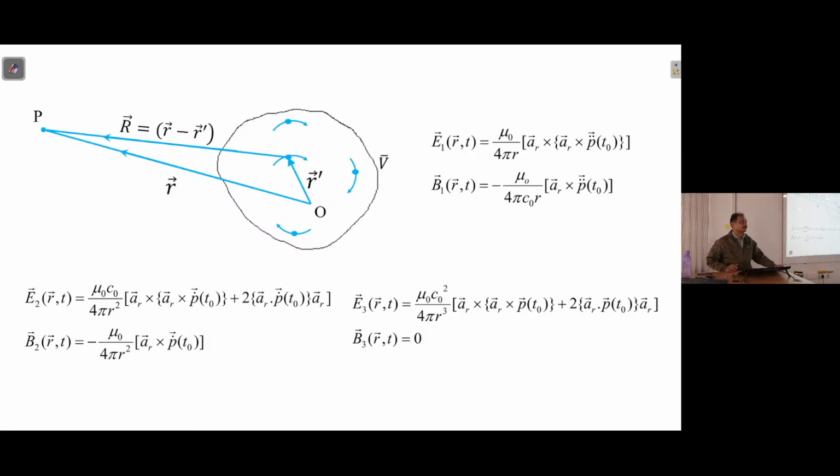Here are the relations, right? These are the relations for the electric and magnetic field which are generated by randomly moving charges. If you have certain charges moving around, these charges will give rise to some electric and magnetic field away from it. So this P is supposed to be away from it. Here you have all these charges which are separated here and there, and they are moving. Based on them, we can get what kind of electric or magnetic field can be achieved at a further point. So these expressions we had,